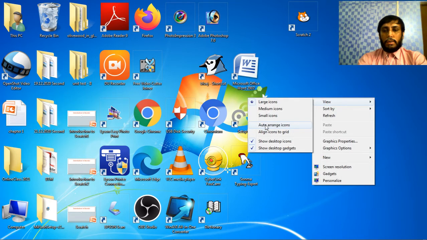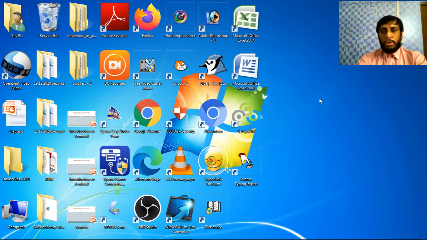See, there is no tick mark just beside this auto arrange icons. So if you want to arrange automatically, then you have to check it. See, I am just going to click it. So it has all gone to one side, and it is being automatically arranged by your computer.